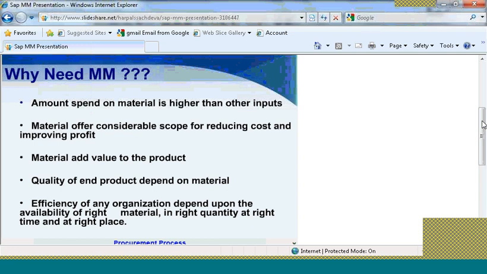The amount which we spend on product would be the highest investment apart from your marketing, your operations, your management. Product would be the highest concern and the highest investment also.